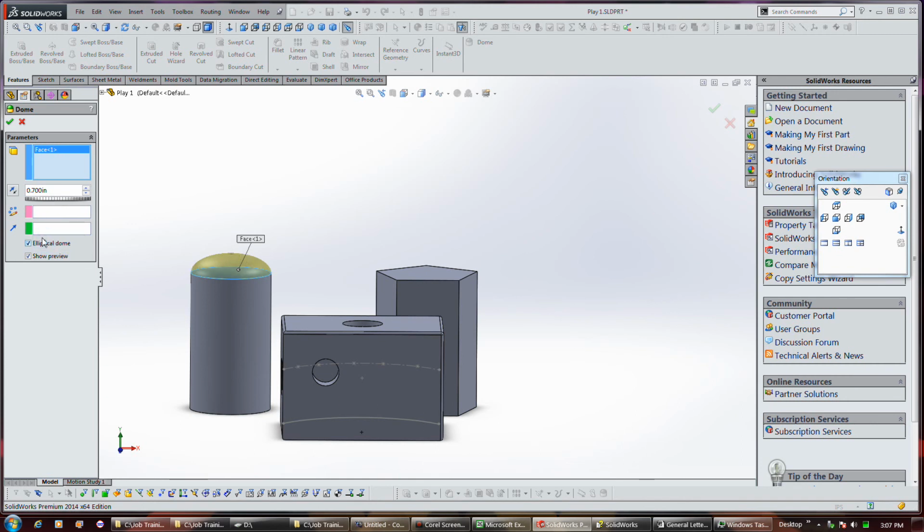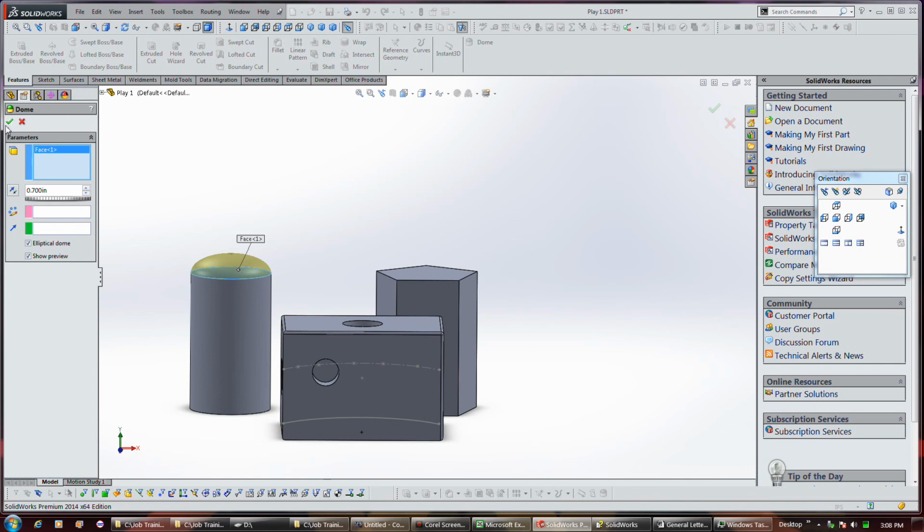But again, you can do the same point sketch. And this direction vector is useful if you wanted to create a line that's not normal to the surface or the face of the surface. And apparently domes will work on irregular surfaces too. They don't have to be just planar surfaces. Apparently they can work on more complex surfaces than this, just not like this. But anyway,